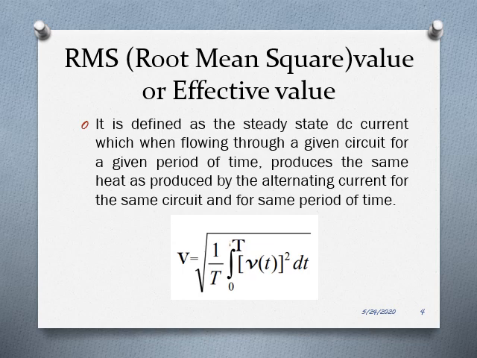You may use the same equation to find the RMS value of current also. So there we have to replace the voltage by the term I. It becomes capital I here and V of T becomes I of T. Usually for exams, the definition and equation of RMS and average values are asked.